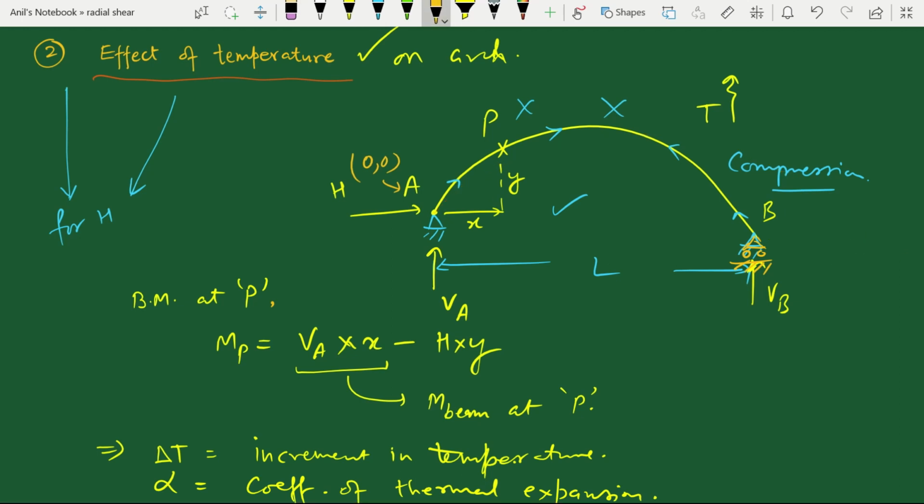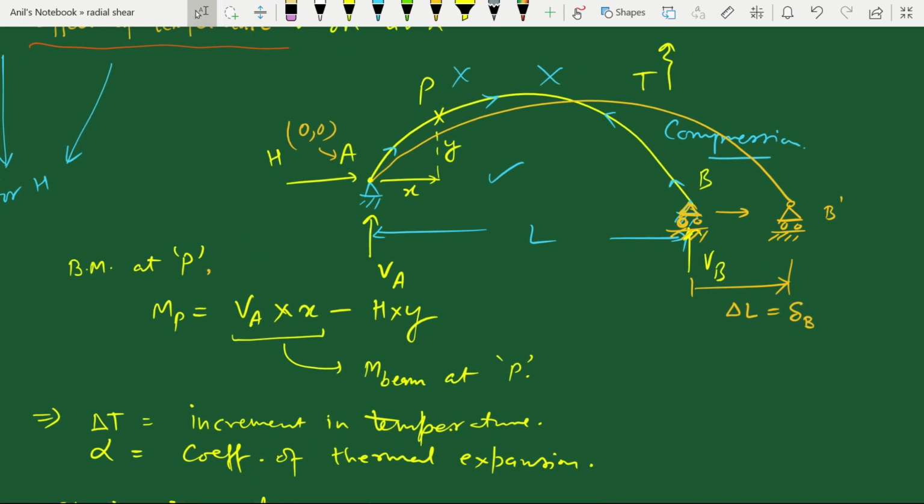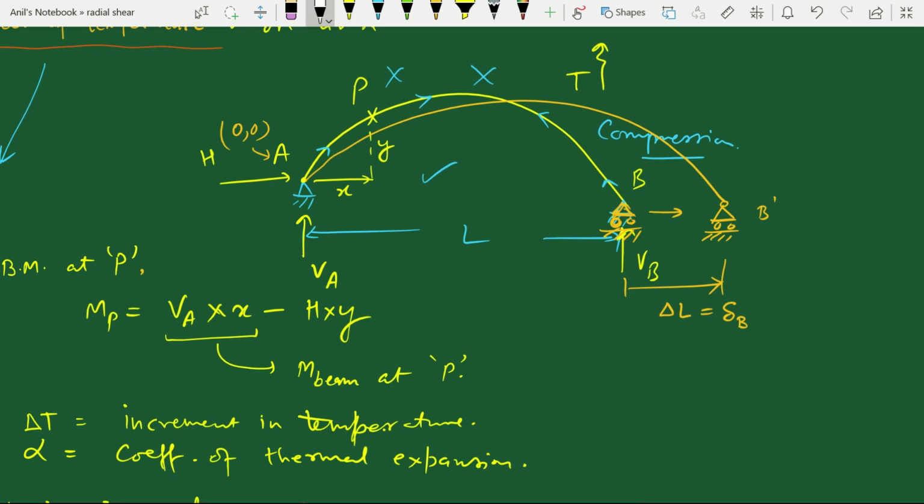So if B is changed to roller, due to increase in temperature, this support is going to travel up to B dash. So this displacement of B is delta L, or we call it delta B. But when we convert it to roller, H will become 0 simply because horizontal motion is allowed, so horizontal thrust will become 0. But suppose we apply a force here, which is H,